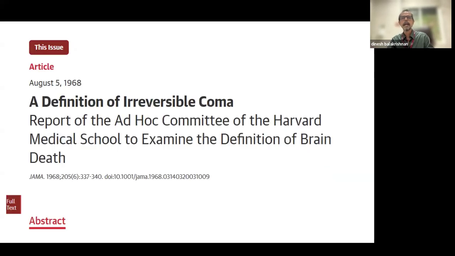Now, with that background, I would add a little bit of history and then go on to our talk. So this is an article which was published in 1968, a definition of irreversible coma. This was the first time somebody had tried to define brain death, and this particular definition holds to this day. Why I have put it here is because as